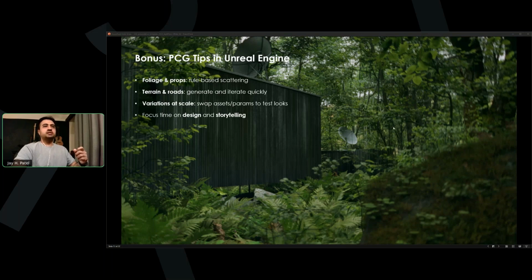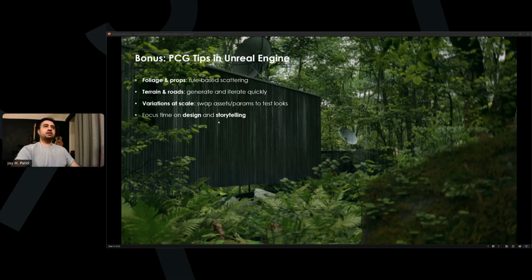The learning curve, I'd say, isn't that hard. It does take some practice to kind of master PCG, but I'd say it's worth the time, because you eventually free up time you'd spend otherwise scattering things manually or painting it in Unreal, and focus more on the design and storytelling side of things.